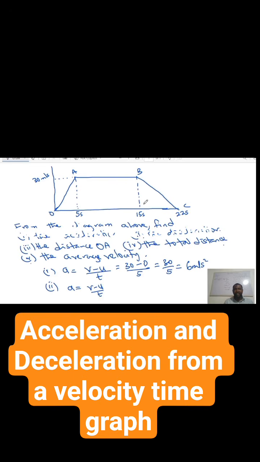For example, if you look at this deceleration, it is going from B to C. At B, which is the initial, it is 30 meters per second. But at C, which is final, it is 0. So if I substitute the values, it's going to be 0 minus 30 divided by the time it takes to go from B to C, from here to here. Here is 15 seconds, here is 22 seconds. That means the difference is 7. That means the time it takes to go from this point to this point is 7 seconds. So I'm going to say over 7. And 0 minus 30 is minus 30, then divide by 7. And we are going to get